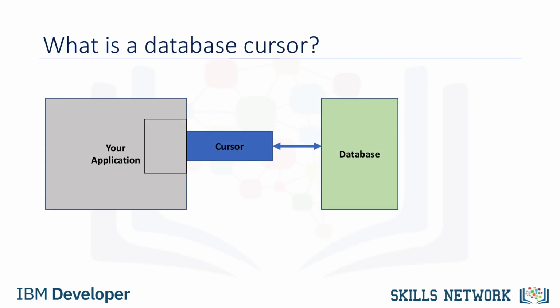A database cursor is a control structure that enables traversal over the records in a database. It behaves like a file name or file handle in a programming language. Just as a program opens a file to access its contents, it opens a cursor to gain access to the query results. Similarly, the program closes a file to end its access and closes a cursor to end access to the query results. Another similarity is that just as a file handle keeps track of the program's current position within an open file, a cursor keeps track of the program's current position within the query results.